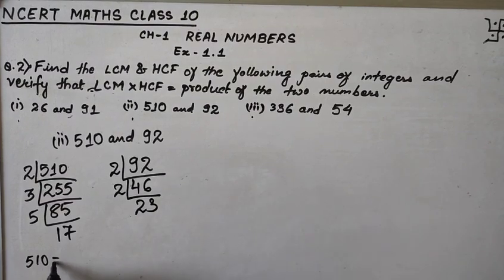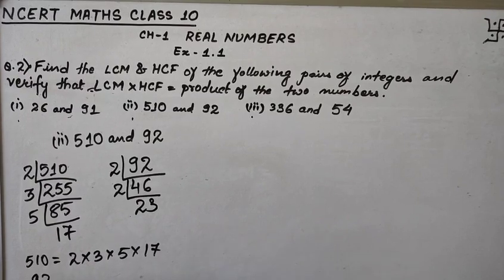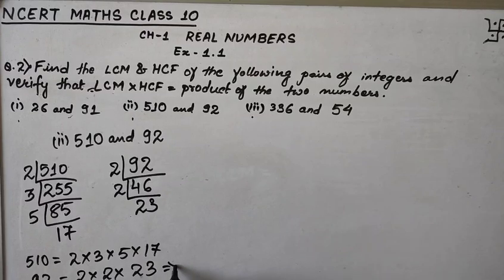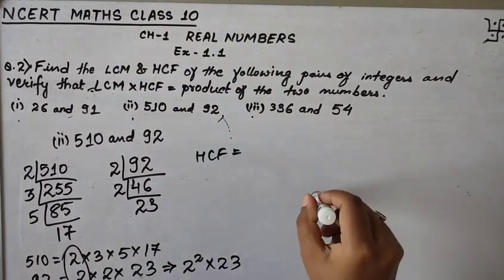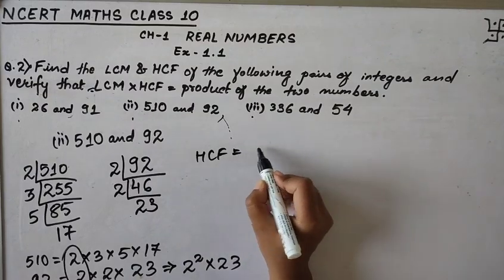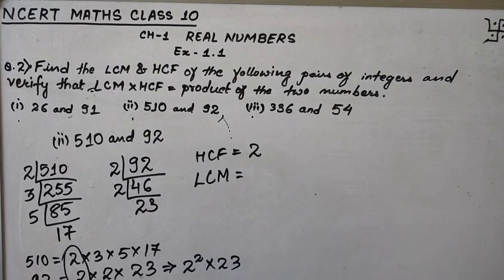Now we have for 510, 2 into 3 into 5 into 17. For 92 we have 2 into 2 into 23, or we can write it in the form 2 square into 23. Here we have 2 as common, we don't have any other common numbers, so HCF will be 2, and for LCM